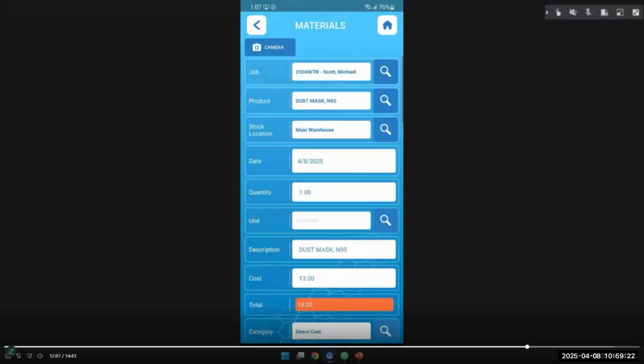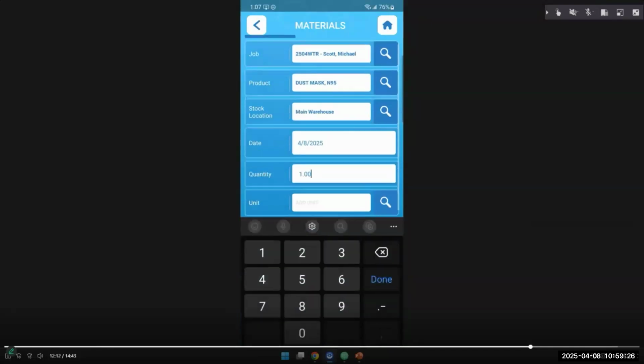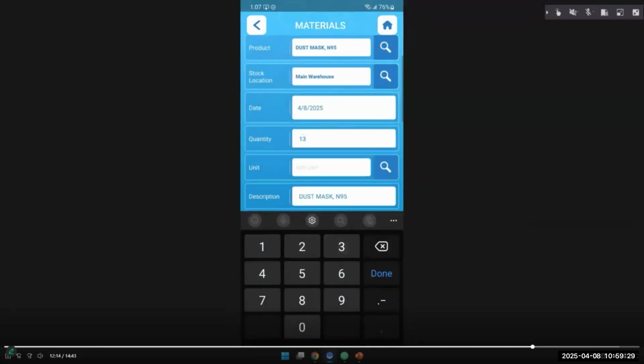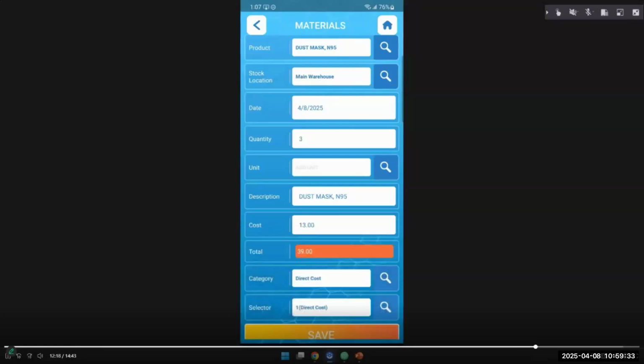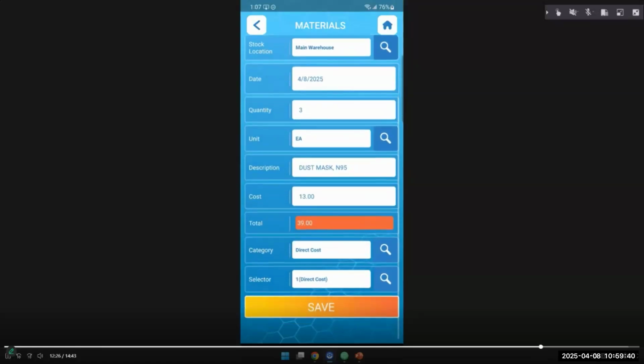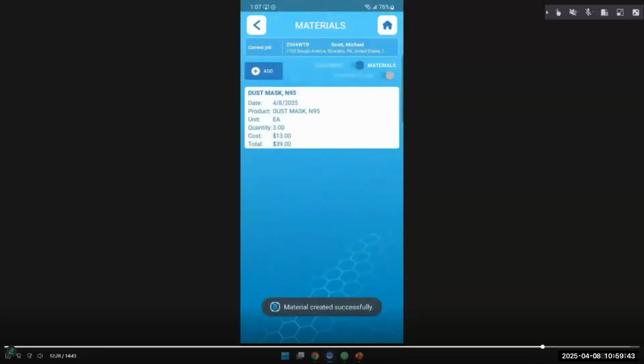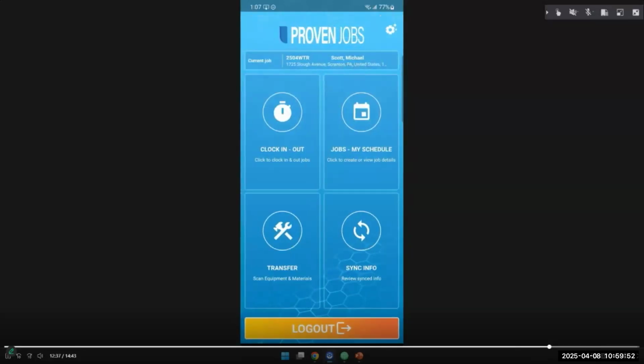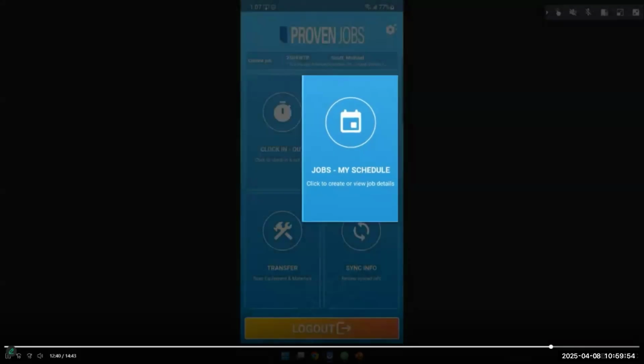Update the stop location if applicable, and enter the desired quantity. Select the unit, modify the category and selector if applicable, and click the Save button. Once saved, the added material will be displayed and will sync and update the job file in the Proven Jobs web application. Or, if selecting the Jobs My Schedule from the main menu,